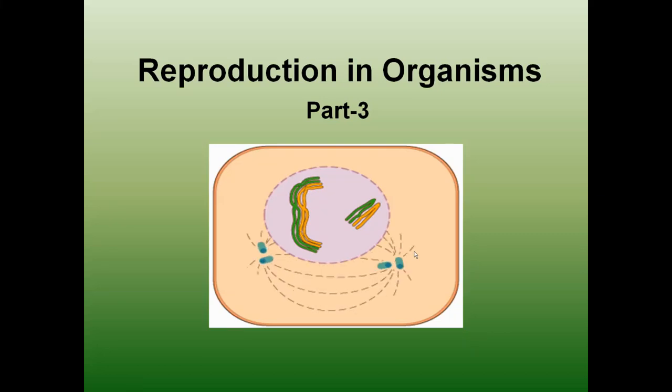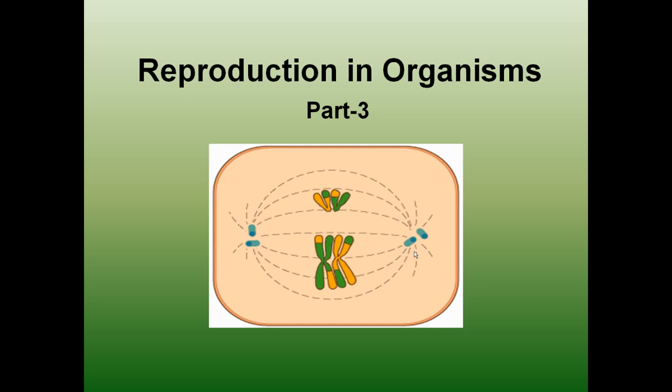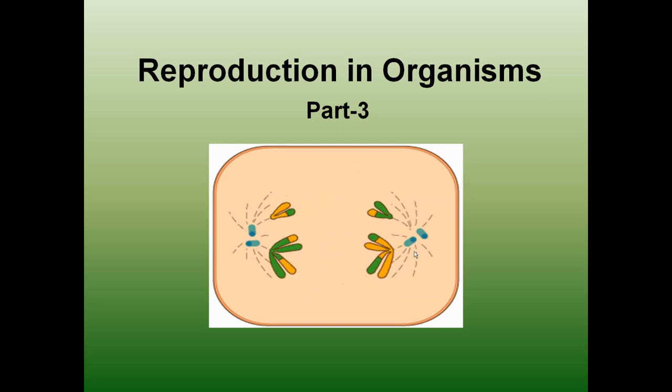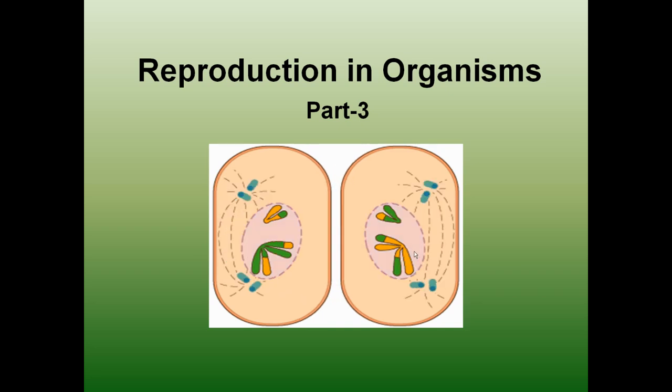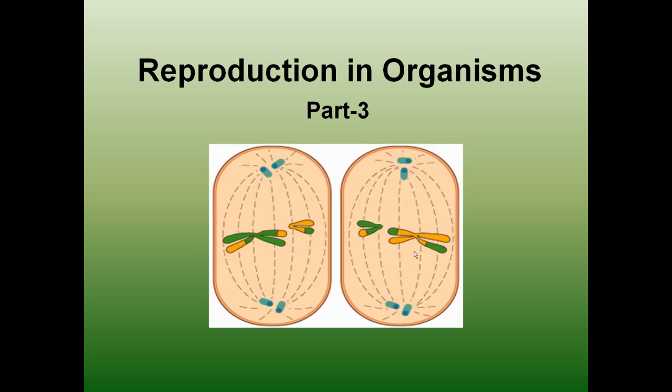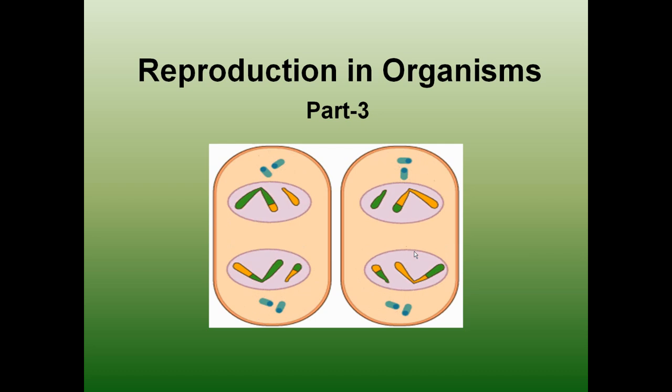Students, we are going to continue with chapter 1 of NCERT, that is reproduction in organisms. In our previous presentation, we have learned gametogenesis, in which chromosome number gets haploid. We have to consider the fact that during gametogenesis, haploid organisms undergo mitosis and diploid organisms undergo meiosis. I hope you have done several examples of haploid and diploid organisms till now.